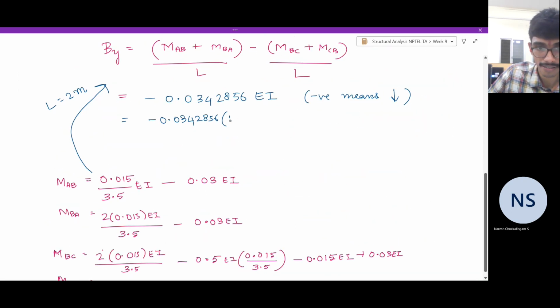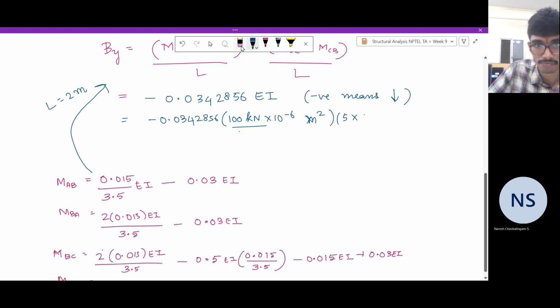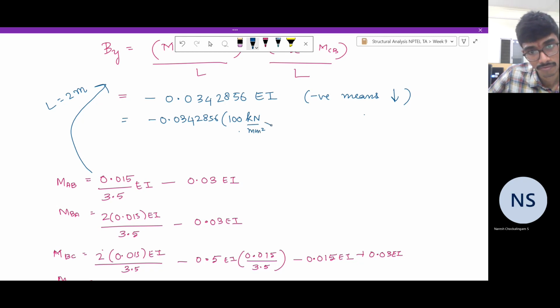E is 100 kilonewton per mm square, so we can make it kilonewton per meter square by multiplying by 10 power minus 6, and so on. So mm gets cancelled and